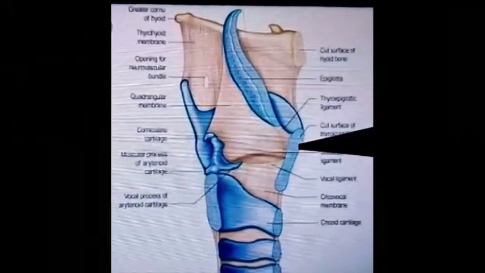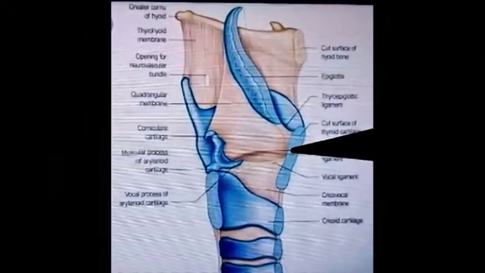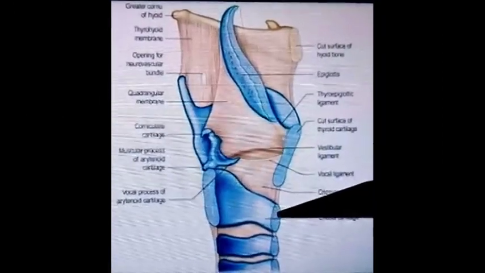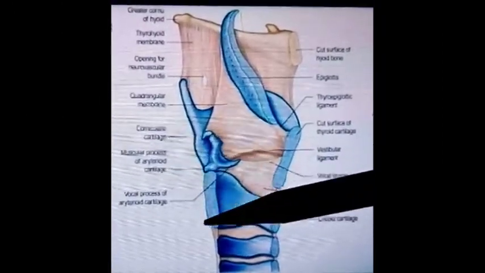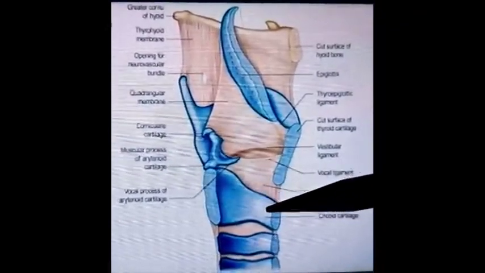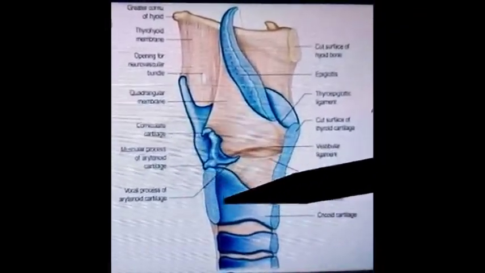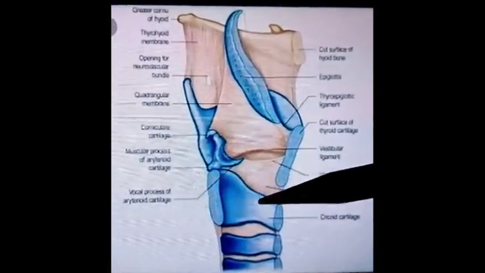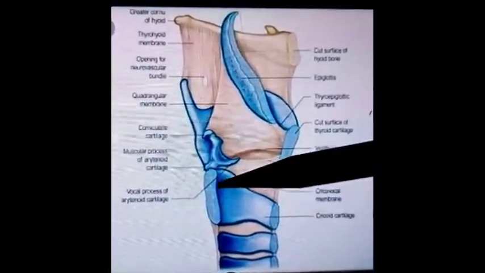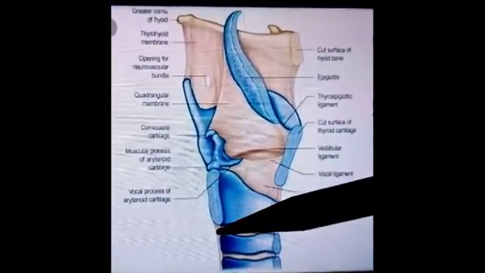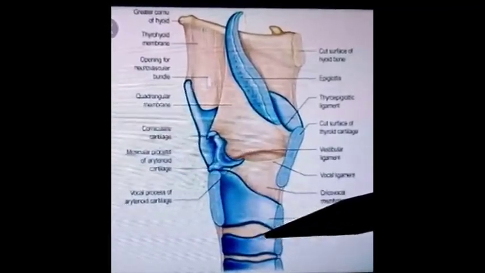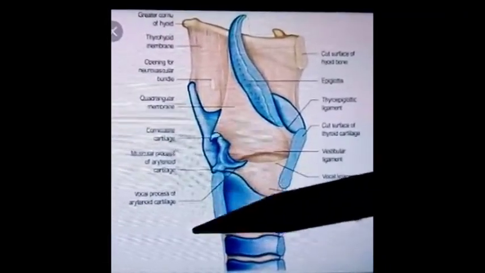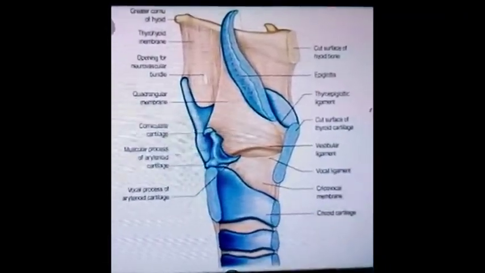In this picture, half of the thyroid cartilage is cut to expose these internal structures. Then the cricoid cartilage is in the form of a complete ring. The narrow area is present towards the anterior aspect, and the wider area, the lamina, is present towards the posterior aspect. Half of it is visible and half is cut. It surrounds the upper part of the respiratory passage, the larynx, completely like a ring.